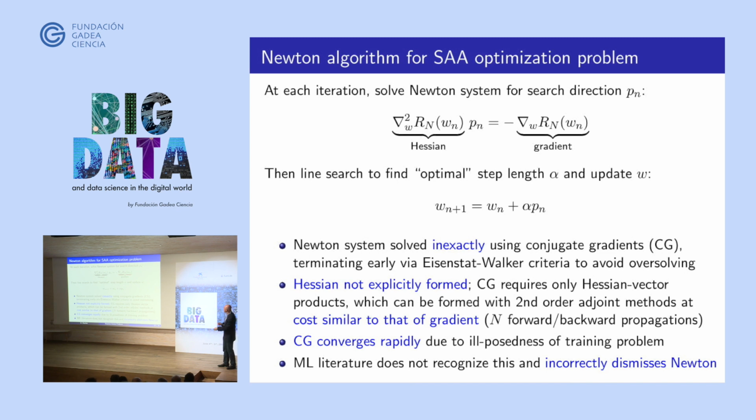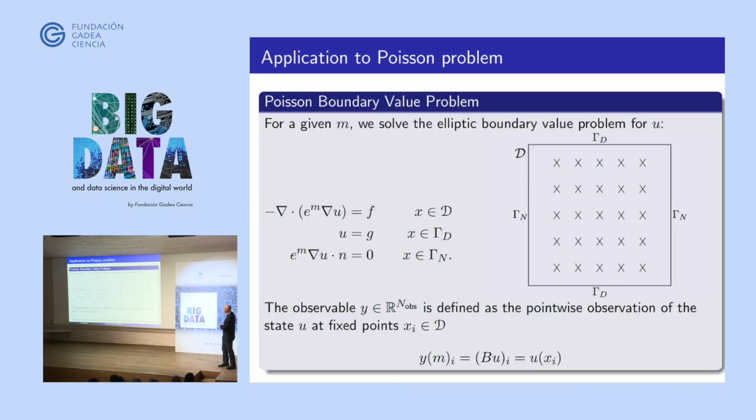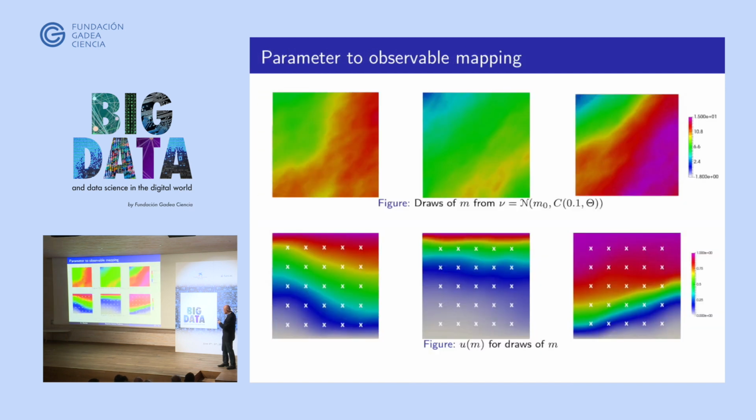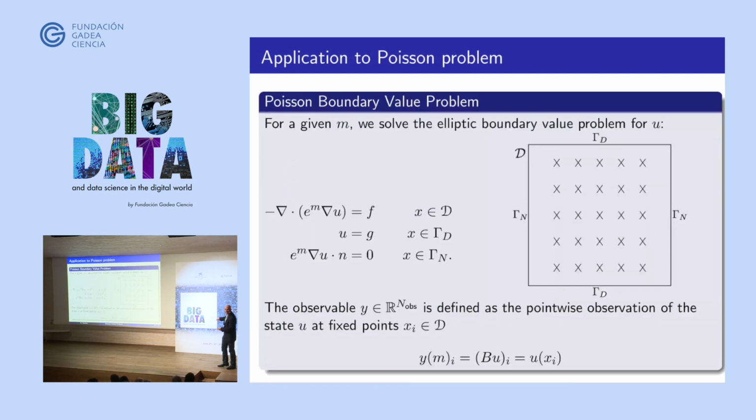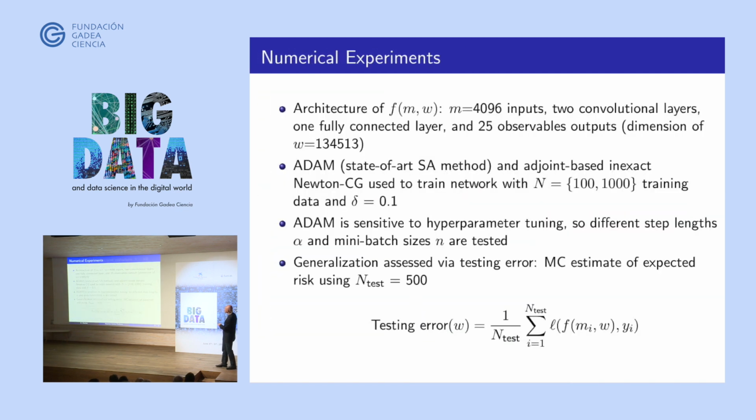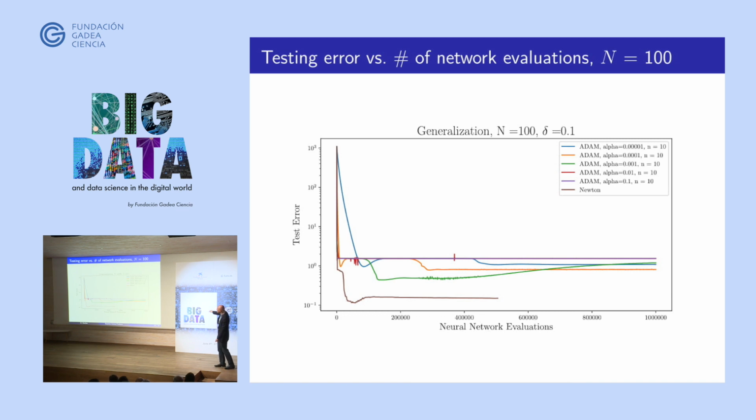I won't get into the details here, but just let me give you an example. This is learning a simple elliptic equation. All right, so I'll just show you this one result, and then I'll stop. We're just trying to learn a simple Poisson equation, but it's in relatively high dimensions, 4,000 dimensions. We've done larger, but we compared with a state-of-the-art machine learning method, Adam. And what you see here is testing error. So this is the generalization error.